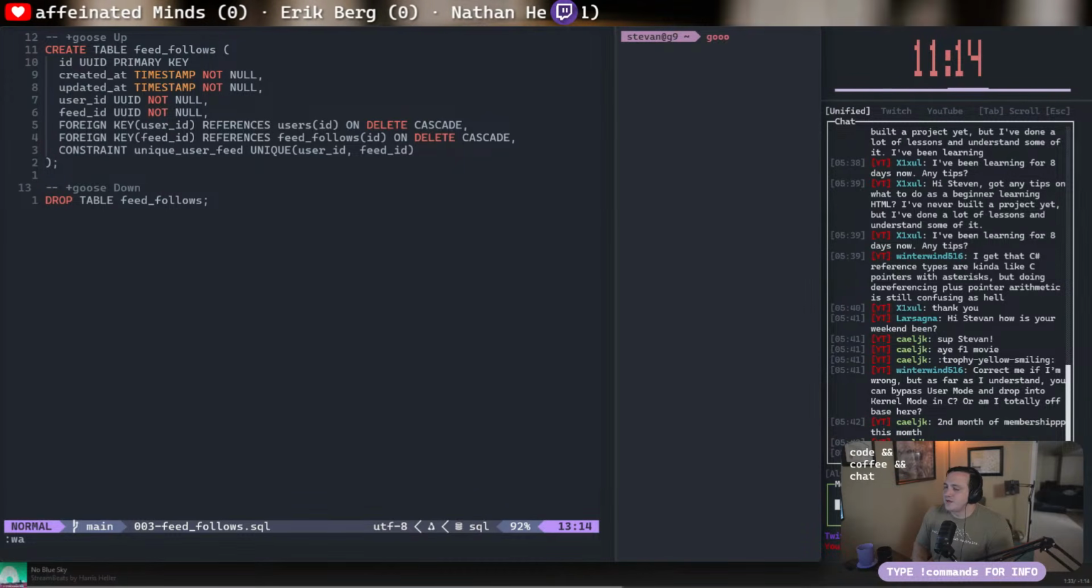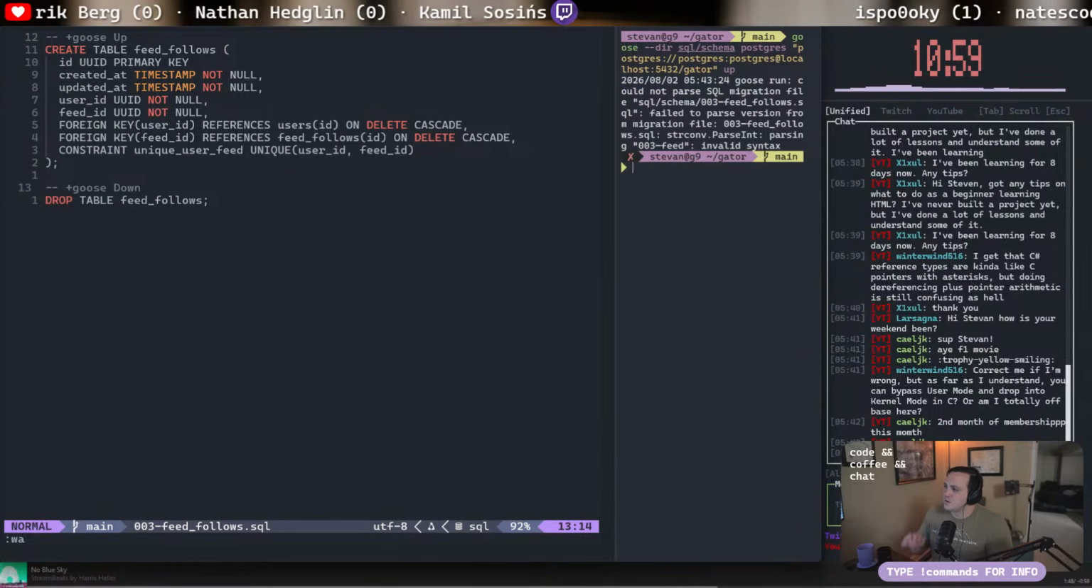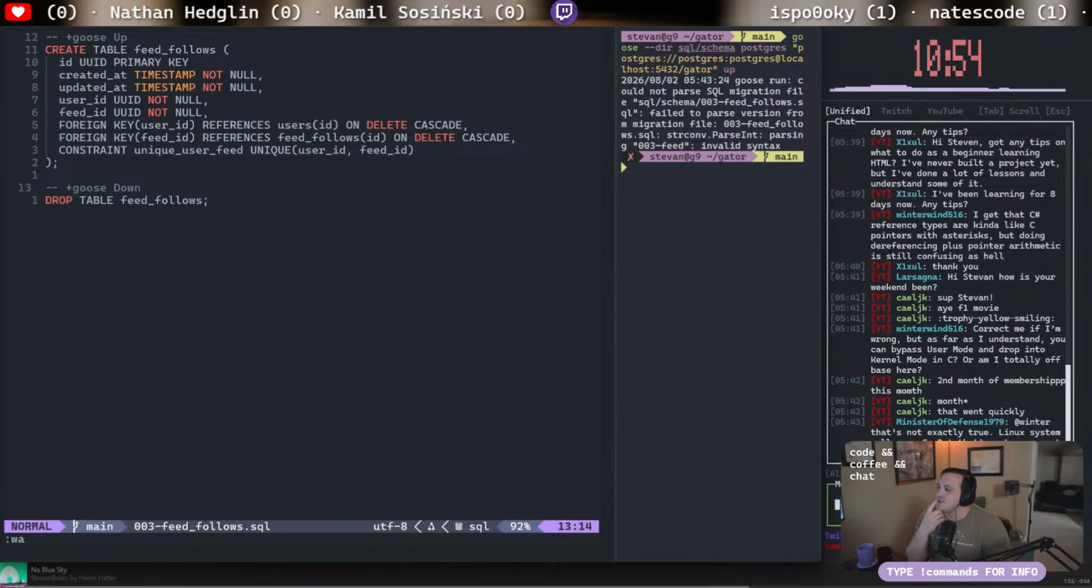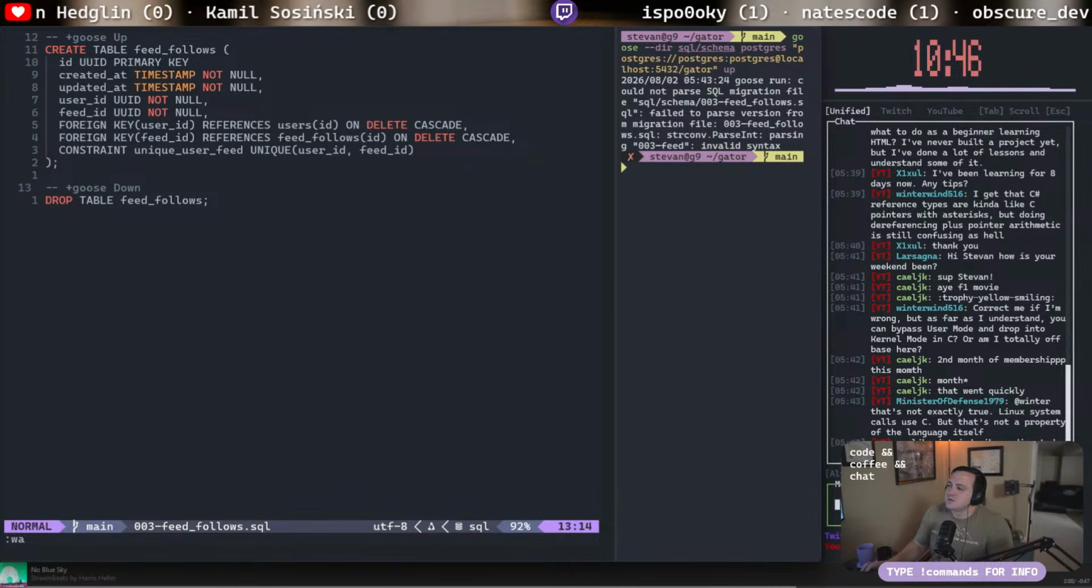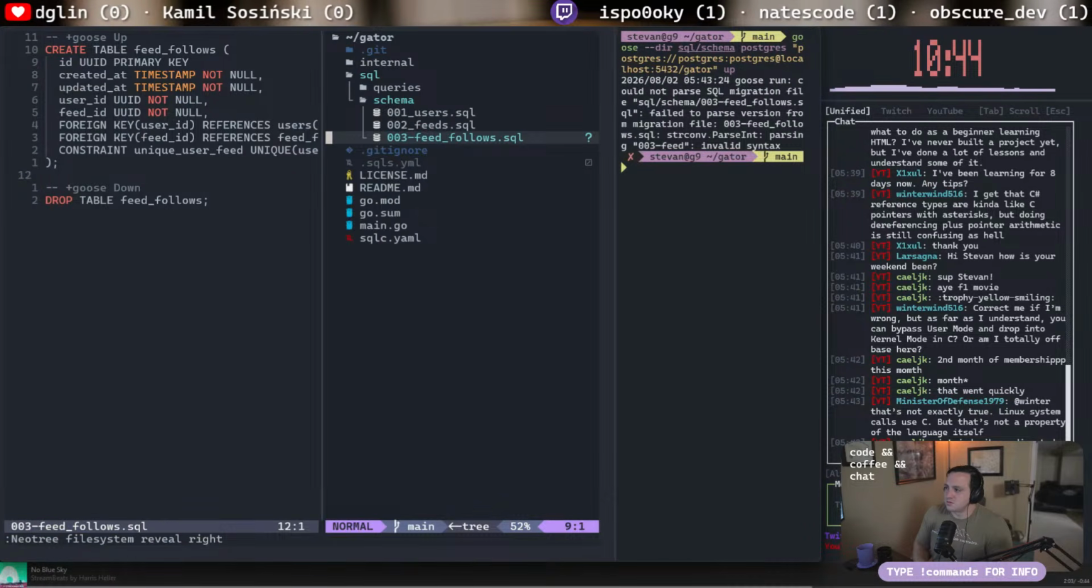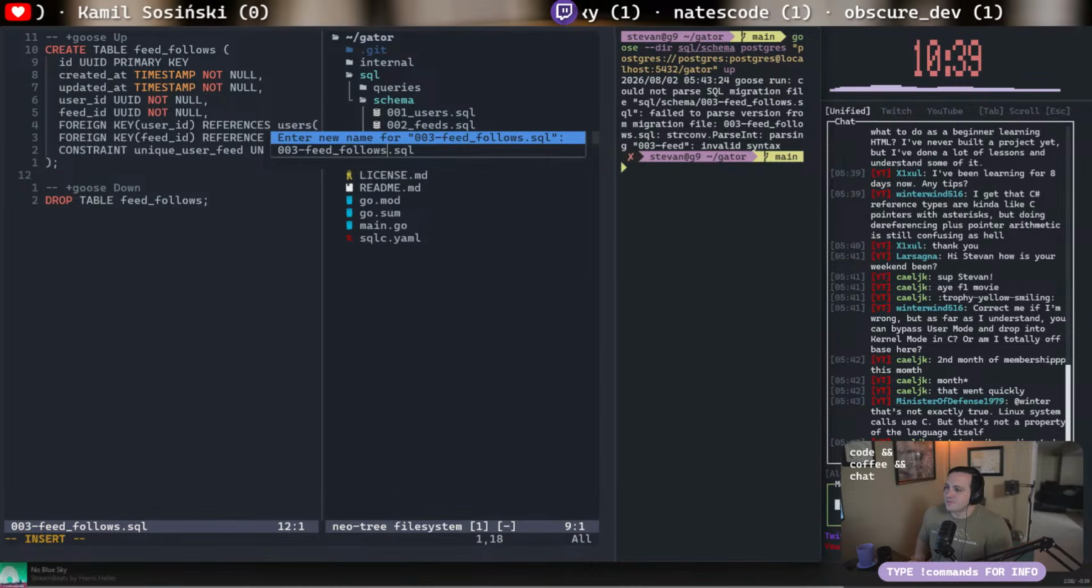All right, so now that we have that, we need to do goose. Okay. Failed to parse version from migration. I guess I'll name this